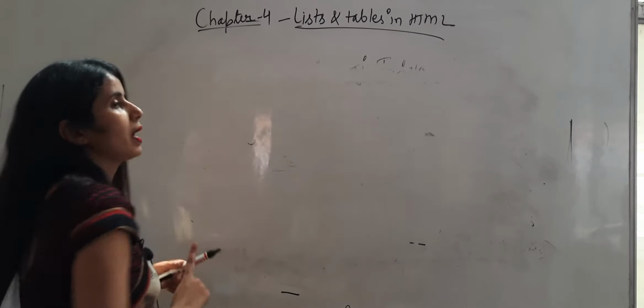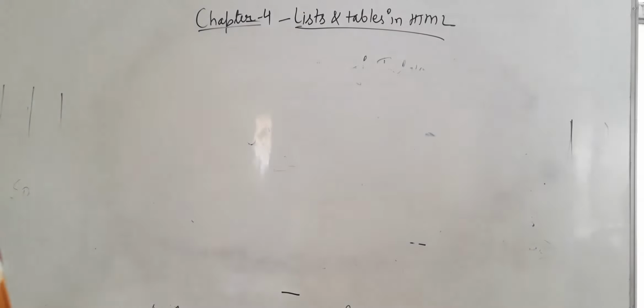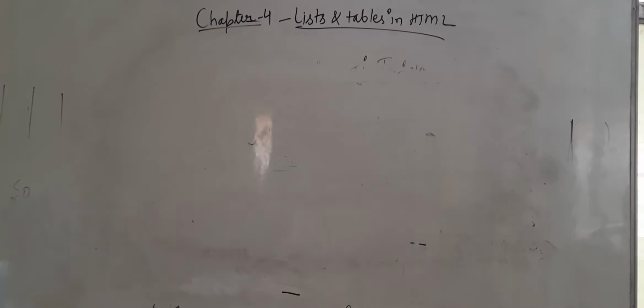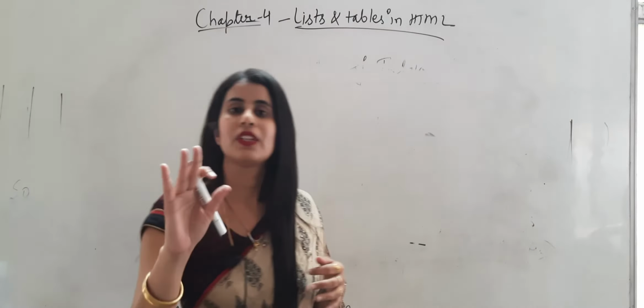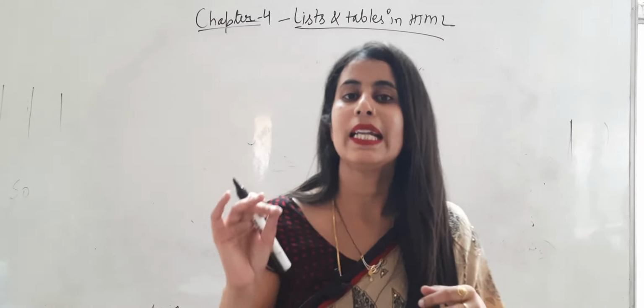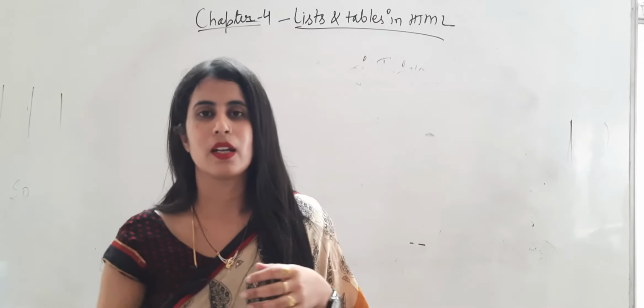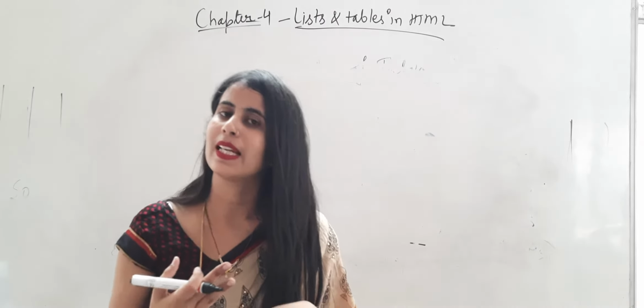Next is background. What is the difference between background and BG color? Normally, if we are using the BG color attribute, what change is it making? It is showing the changes on the background color of the cell. But if we are using the background only, it is showing an image as a background. The other ones were width, height, cell spacing and cell padding.